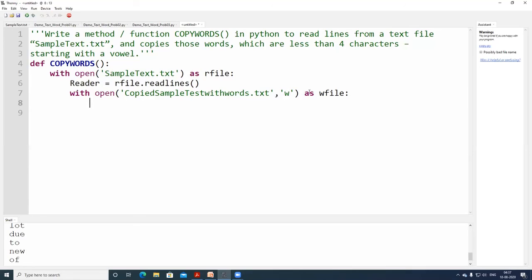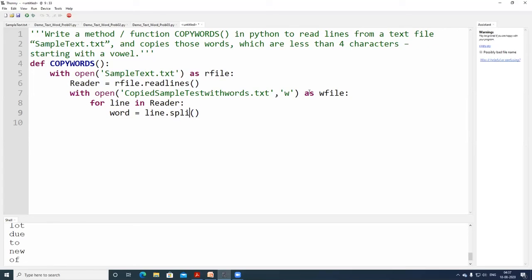So now, as usual, for line in reader. Now reader has all the content, and you are going to read line by line. Since it is a word-based problem, I'm using word is equal to, splitting the particular line into words.